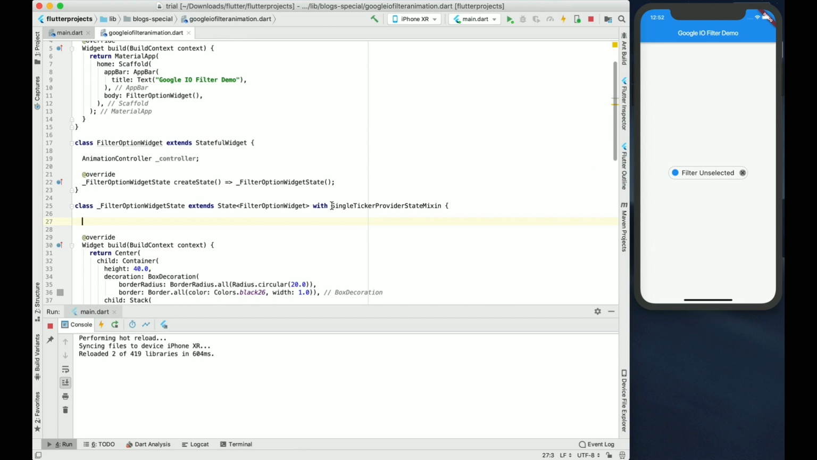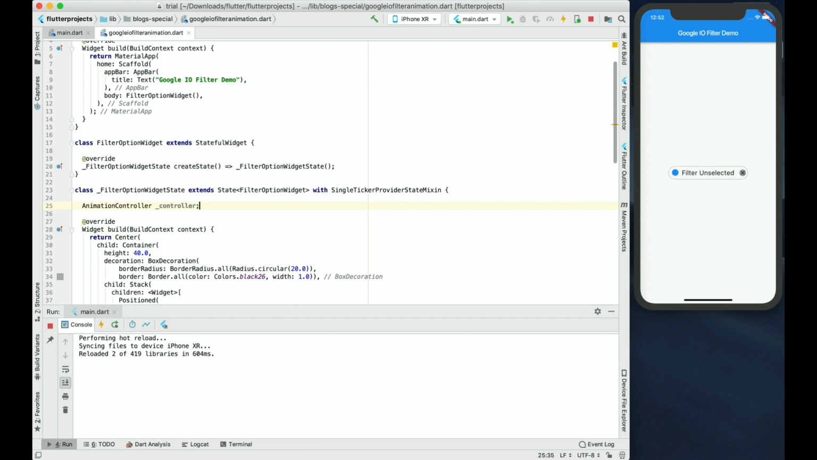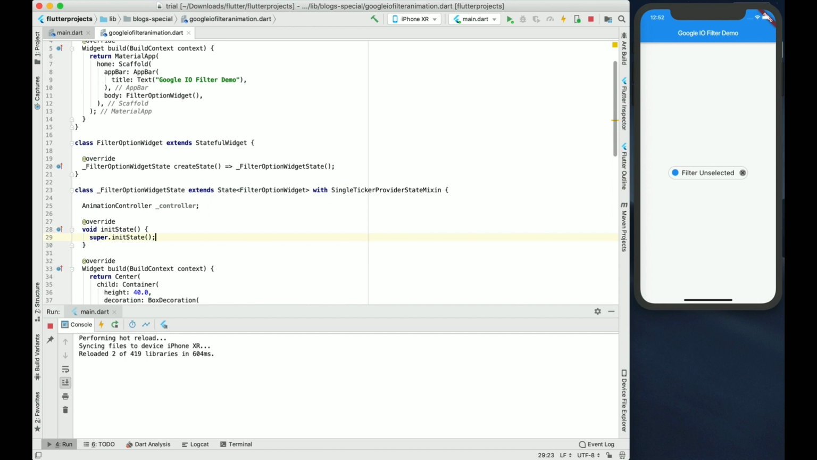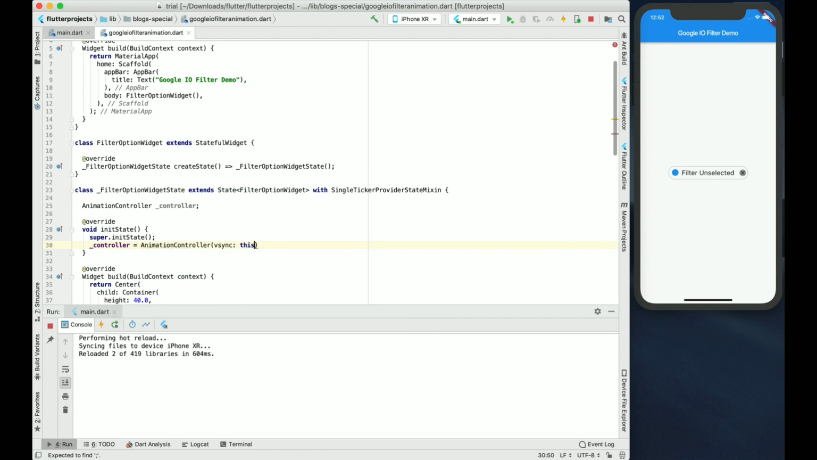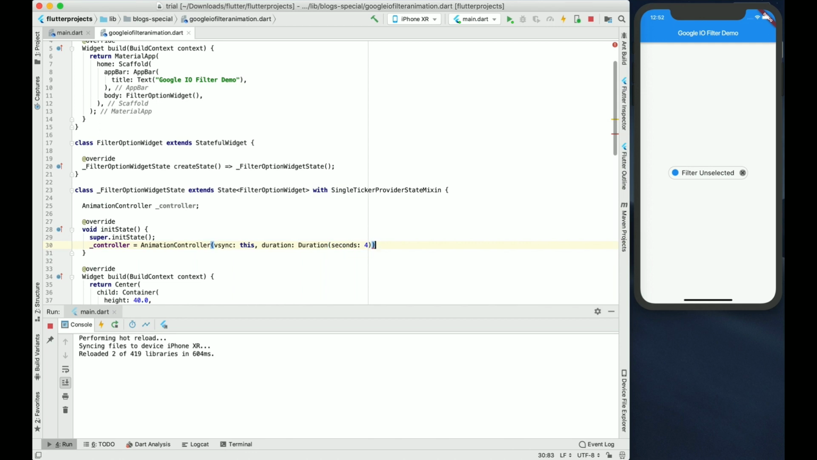Okay, so let's define a controller here. Okay, and the state, let's define a controller, initialize it, and duration we might take it as, right now for explanation perspective, I am taking it 4 seconds so that it's visible quite clear. Okay,